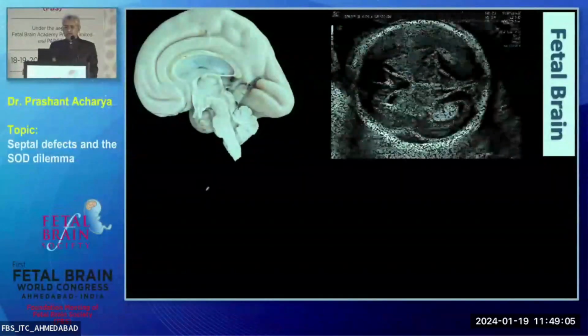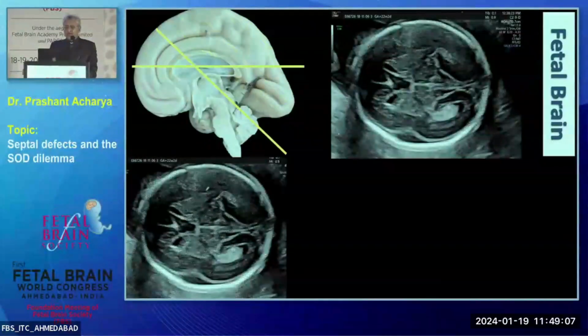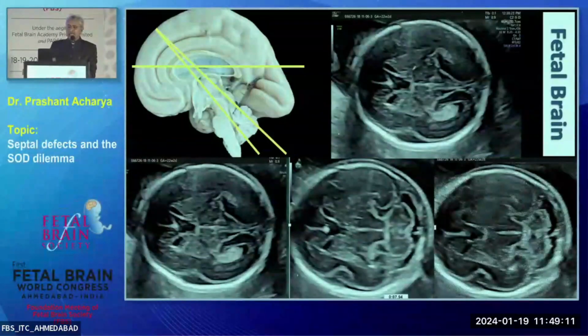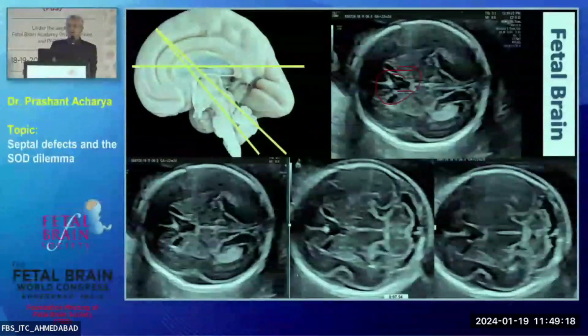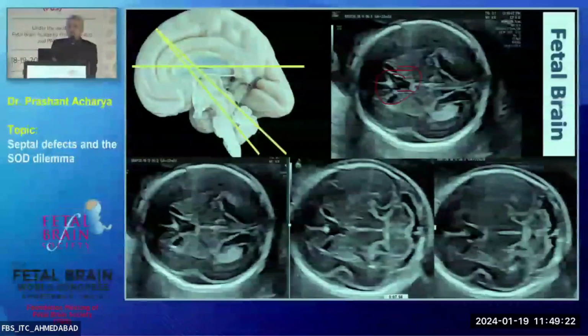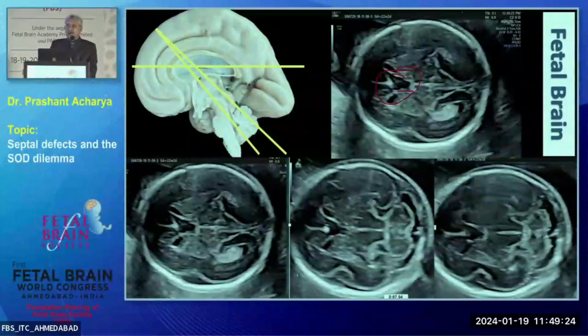So in the brain, that is one of the important landmarks. In all sections which you evaluate, you should see the cavum septum pellucidum, which means the septum pellucidum has got huge importance in every section. If the cavum septum pellucidum is not seen, we consider your image probably invalid, right? So that's the importance of the septum pellucidum.